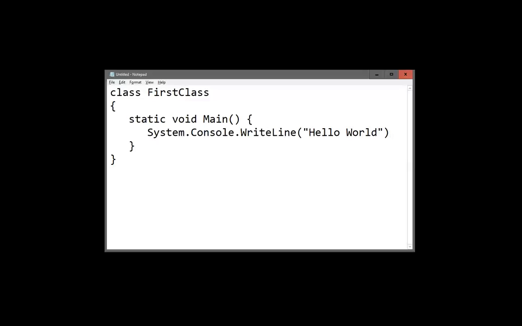And at the end, we're going to type a semicolon. Okay, so you've just typed and created your very first C# program. Congratulations. Now let me explain a little bit more about what is going on in